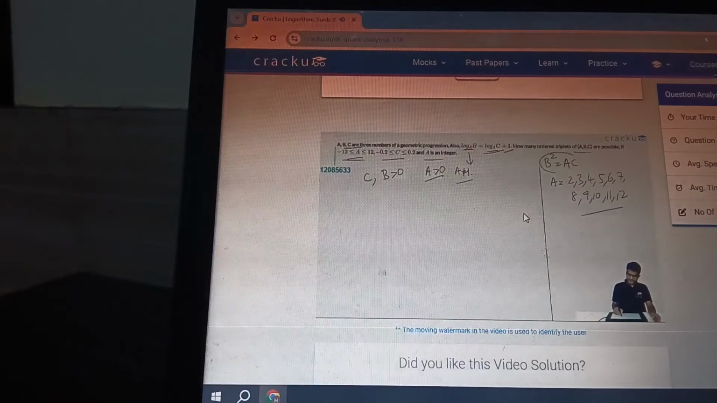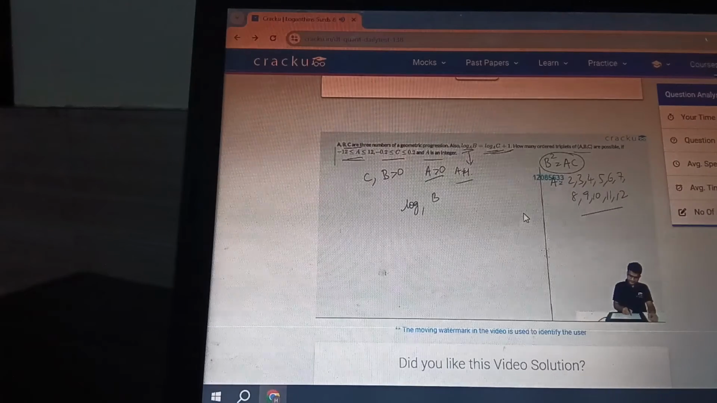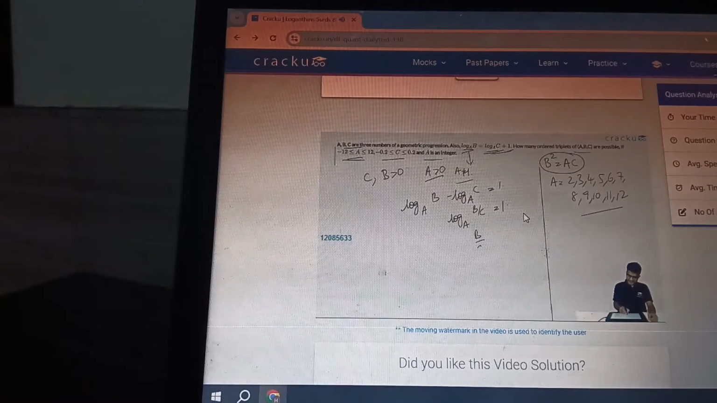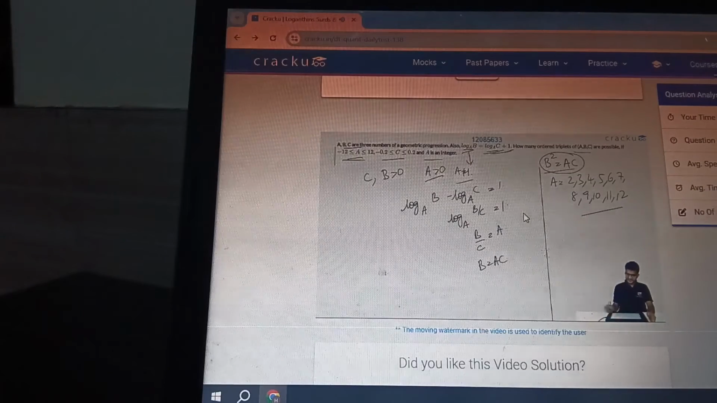We are also told that they are part of a geometric progression, so B square is equal to AC. If you are looking at the given equation now, log of B to the base A minus log of C to the base A is equal to 1, or log of B by C to the base A is equal to 1, or B by C is equal to A, or B is equal to AC. If B is equal to AC, then B square is also equal to AC, so B square is equal to